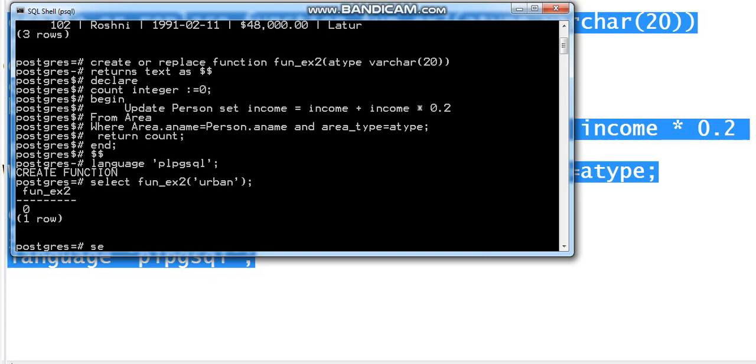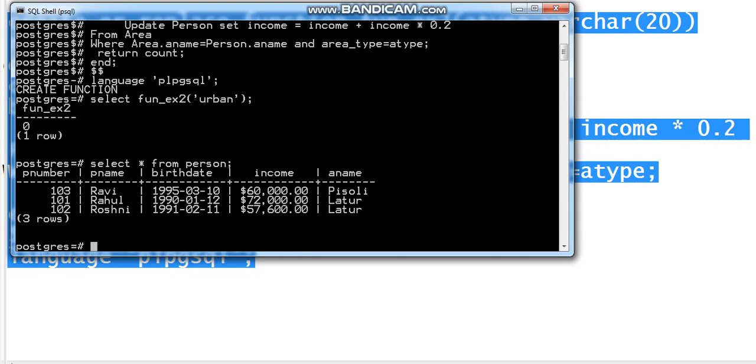Now let's see, select star from person. ठीक है, लातूर का जो 60 था, देखते हैं हम लोग अपडेट हुआ या नहीं हुआ. तो ऑब्वियसली वो अपडेट हुआ. यू कैन सी लातूर इज अपडेटेड टू 72,000 और नीचे का लातूर इज अपडेटेड टू 57,600. So this is how the update query is going to work.